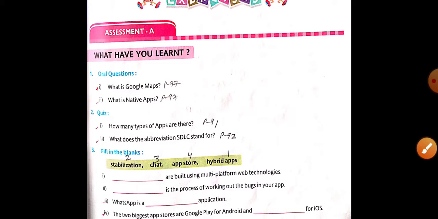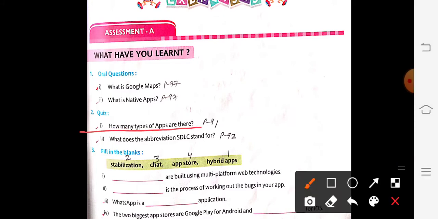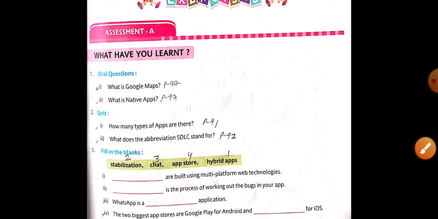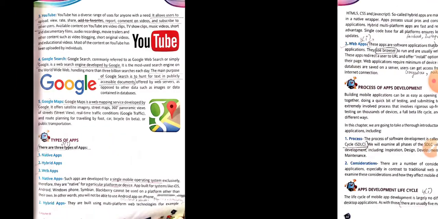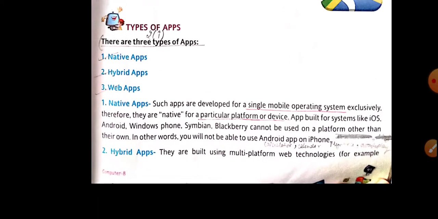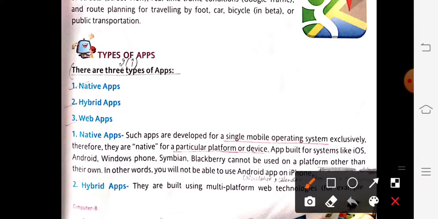How many types of apps are there? Page number 91. Open it. Look at here. Only the names you have to write. There are 3 types of app. Number 1, native app. Number 2, hybrid app. Number 3, web apps. Only the names. Then second one,